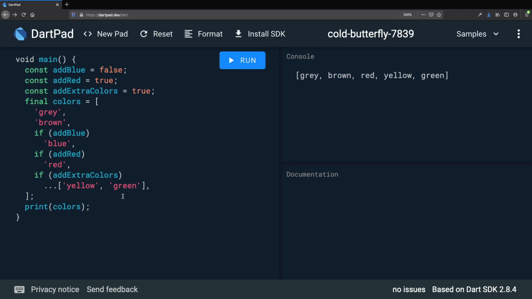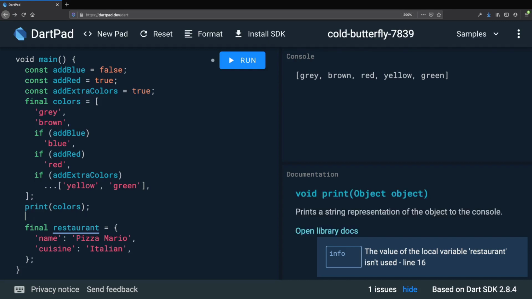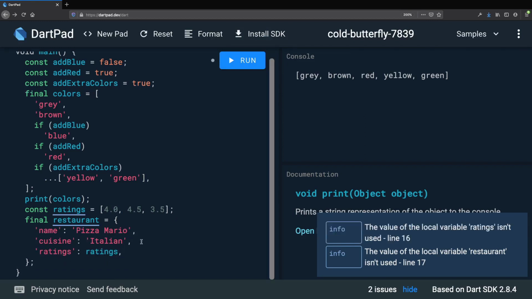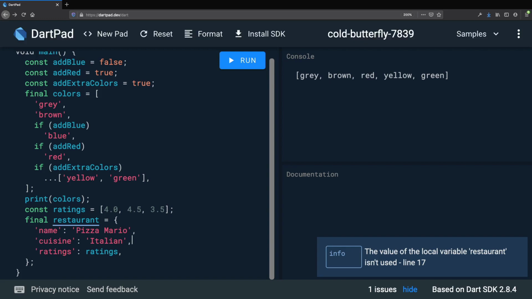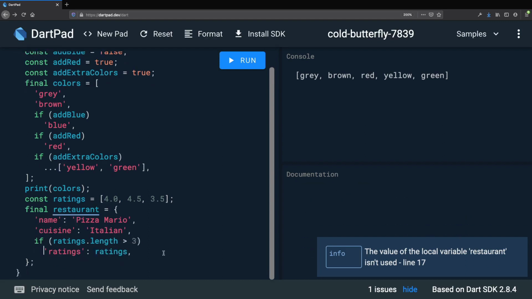and maps as well. For example, here I can define this map that represents a restaurant with name and cuisine key value pairs, and I can also define a list of ratings like this, and I can include them in the map as a key value pair like this. And if I want, here I can use a collection if and type if ratings.length greater than 3. And as a result, this map will only have a ratings key value pair